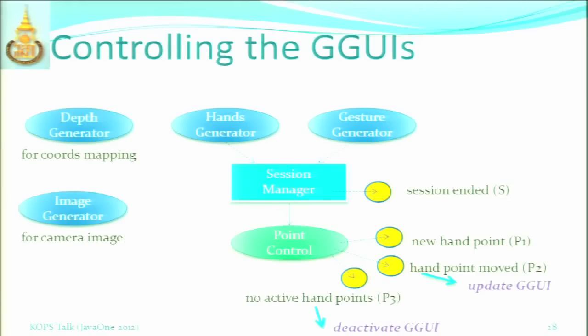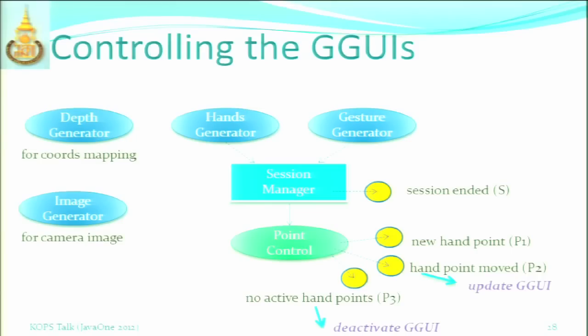All right, how's it all work? Well, we're going to see different coding now because I'm using the NITE library. And the NITE library uses different generators. It's a while since I talked about the generators, but I'm using higher level generators here, a hands generator and a gesture generator, and you can guess what they're doing. The hands generator returns hand point information, and the gesture generator returns gesture information like the push and the wave. You pipe these through a session manager which directs the information to different controls, and you implement things using